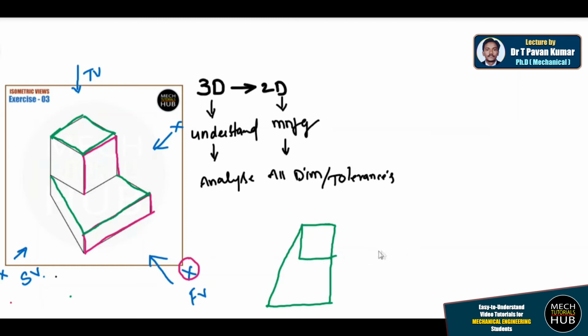Similarly, if I take the front view, it will look something like this, a rectangular box followed by a square box. This is how it looks. Actually, these two are in contact. We will try to make this drawing accurately and properly. Now this face is completely parallel with this face. That is the reason we could see them both. Try to understand. And for your better understanding, let me explain with an example.